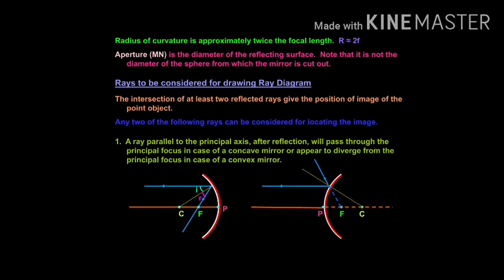And again, if you draw the normal, that is the line that joins the point of incidence to the center of curvature, then these two are the angle of incidence and angle of reflection. The second thing is that if a light ray is coming towards the focus, then after reflection from the mirror it becomes parallel to the principal axis, and that is the reverse of the previous law.